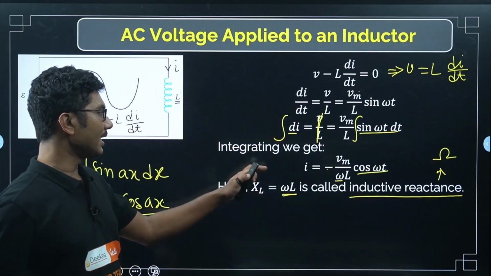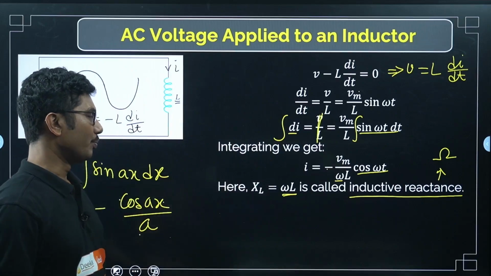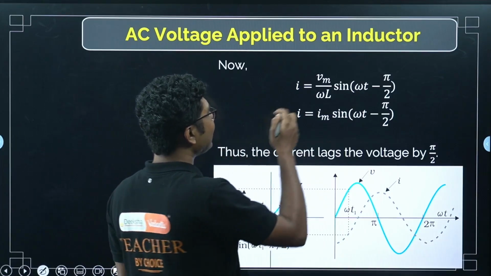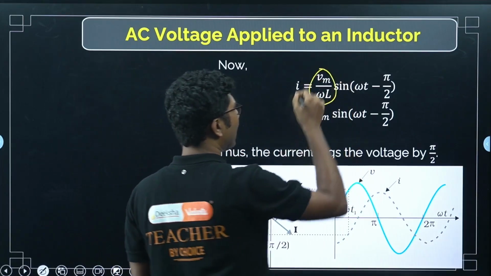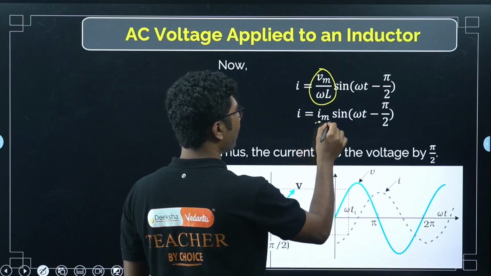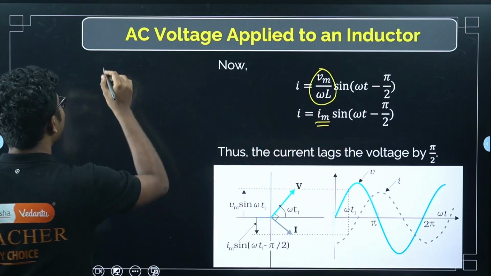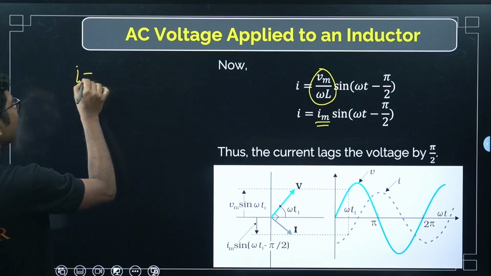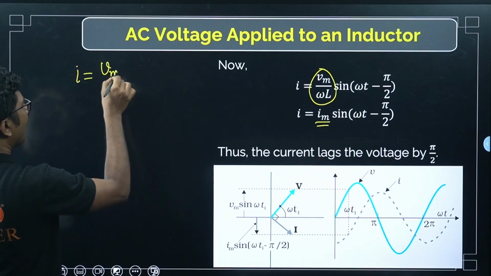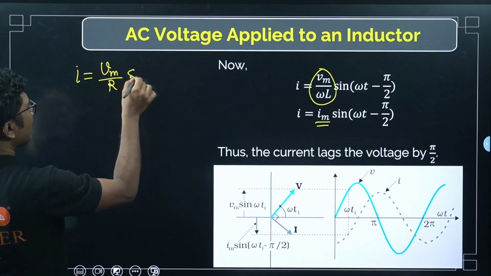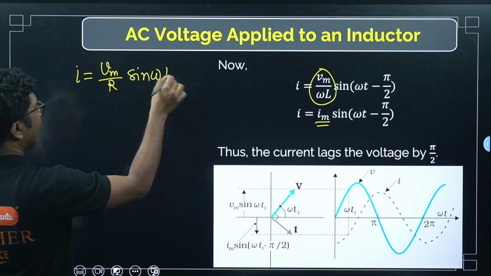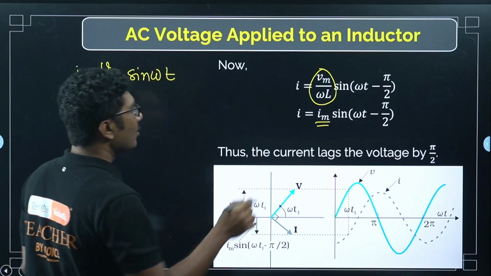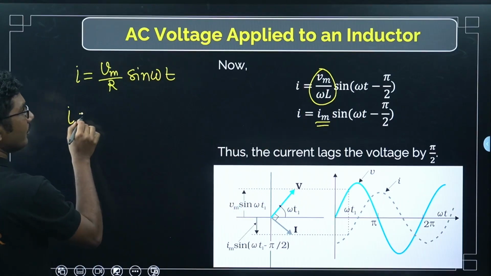Okay, the unit of inductive reactance is the same as the ohm. Now we can write this Vm by omega L as Im. If you remember, in case of resistance, we obtained I is equal to Vm by R sin omega t, right? Now in case of inductor, we obtained I is equal to